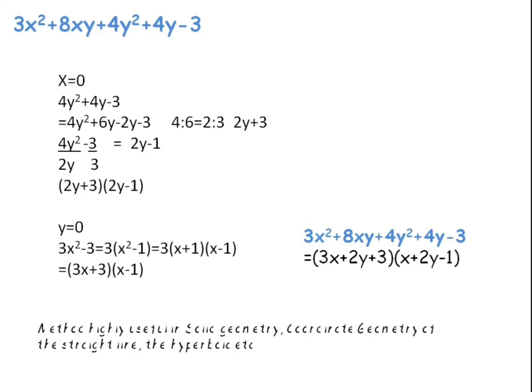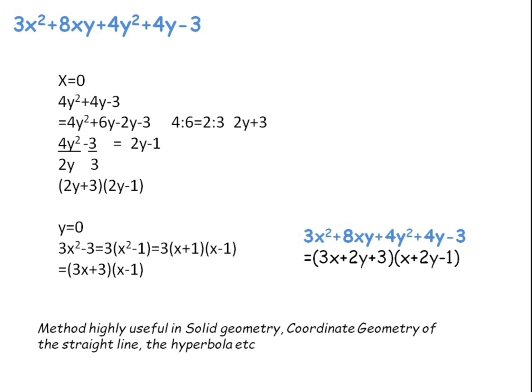Now we can apply this method in almost all of the different types of equations in solid geometry, in coordinate geometry, in hyperbola, etc. If someone is interested or curious how we can apply it, then I can tell you some simple solid examples. Now in solid geometry, if you take a cuboid and if you want to calculate the distance between one edge to the other edge, you can say the diagonal in 3D. So how are we going to do it? You need to take the square root of x square plus y square plus z square, which is a homogeneous